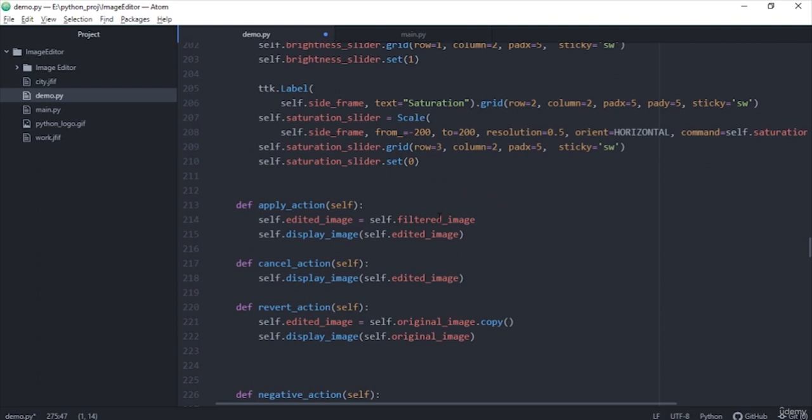The user is not saving it or is not applying the actions. So if he just refreshes the other options, it will just probably bring back the original image, which might be the edited image. So apply action does exactly that. It takes the filtered image, that is the process that has been taken, and makes it the edited image. And the cancel button,